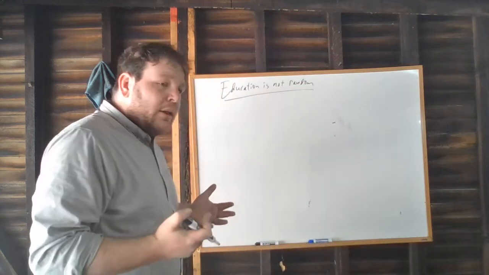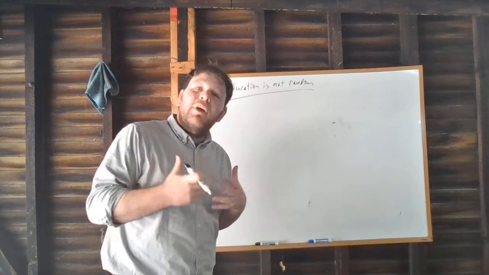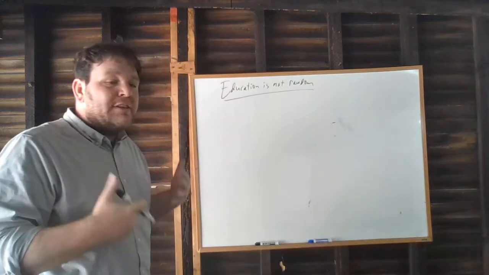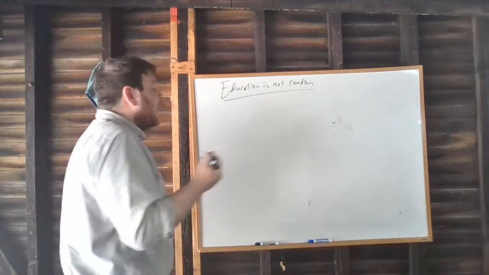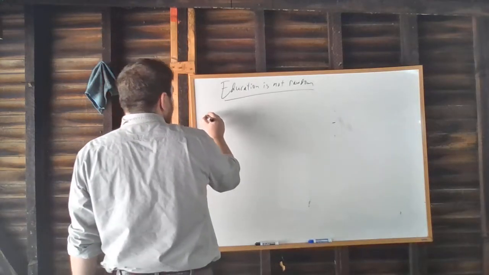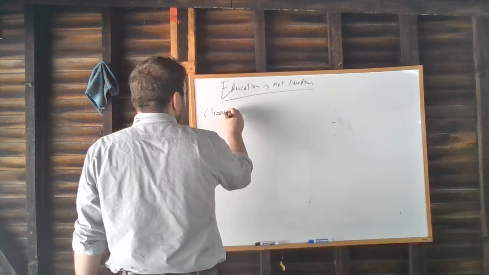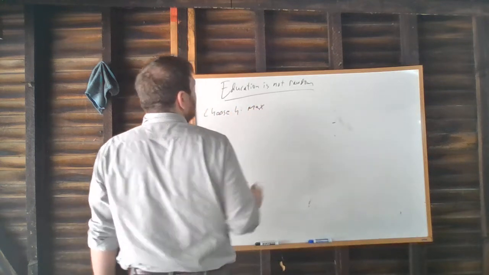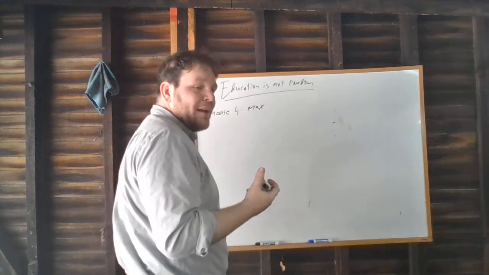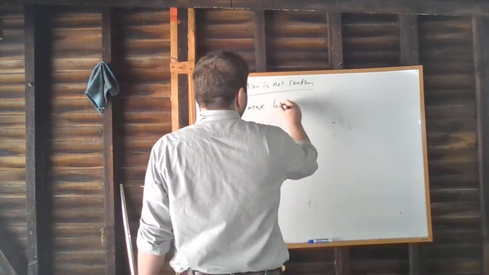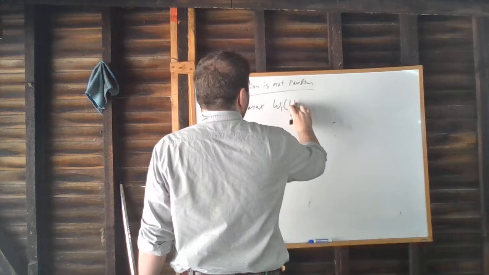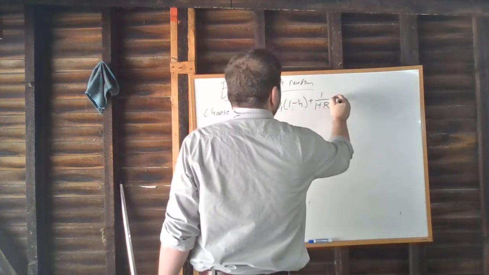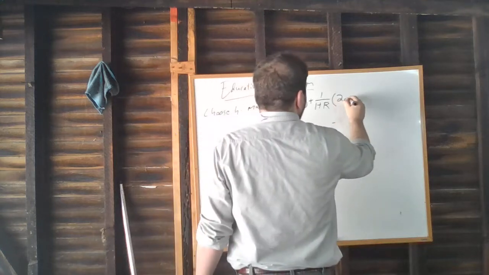In our simple model, we've seen this because when we try to estimate the amount of education workers are going to get, that level of education is going to depend on their ability, right? So if we try to say that we're going to choose education by maximizing the present discounted value of your lifetime earnings, right? So something like W1 times (1 minus H) plus 1 over (1 plus R) times, say, 2A H to the 1/2,